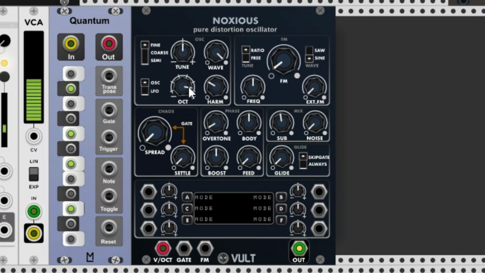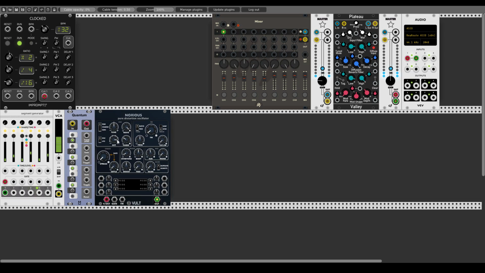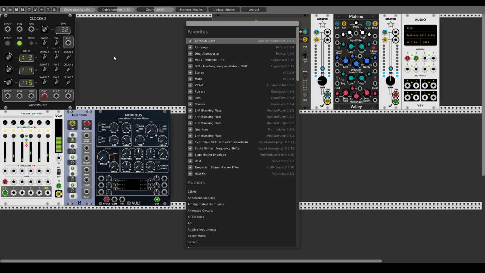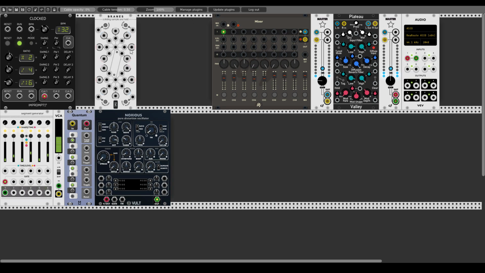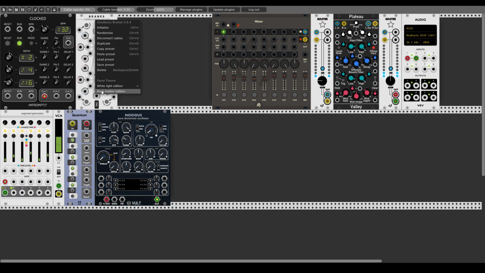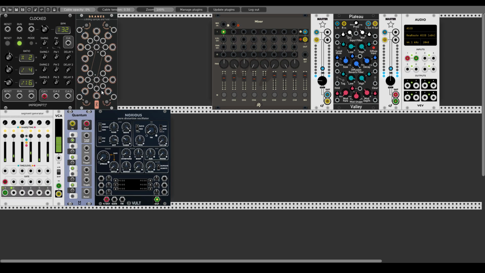Okay, very nice. Now I will also want to change the sequence over time, so let's use a sample and hold module to do this for us, and I will use Brains from the Geodesics collection. Of course, we'll change this to the dark matter. Now I will use the lower part of Brains and change its range with this button here. So now the lower right part will output a range of 0 to positive 2 volts. And let's drive this sample and hold with a slower clock, every clock divided by 4.